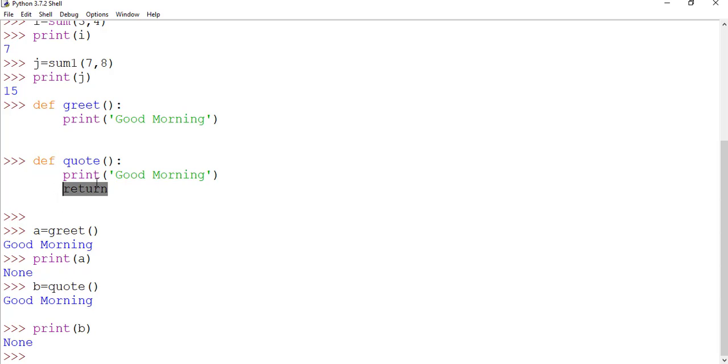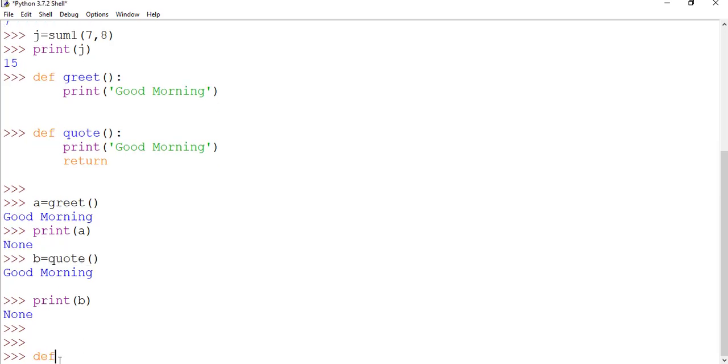We have discussed that whenever a function returns something, the function call statement gets replaced by the value returned by that function. So this function is returning None, so this will be replaced by None, and then that None value will be stored in b. So whenever we print the value of b, we will get None.